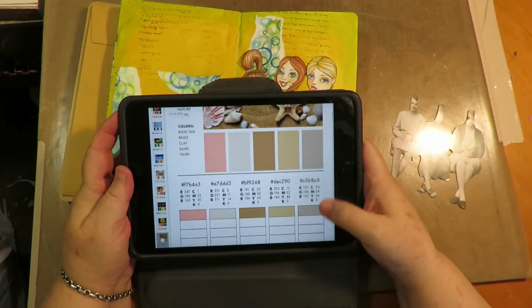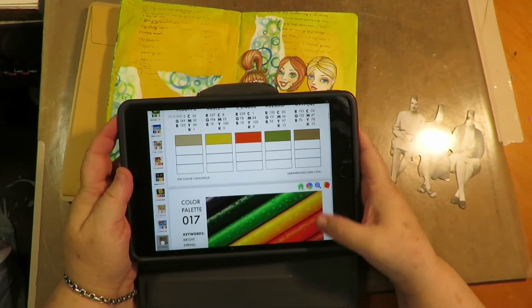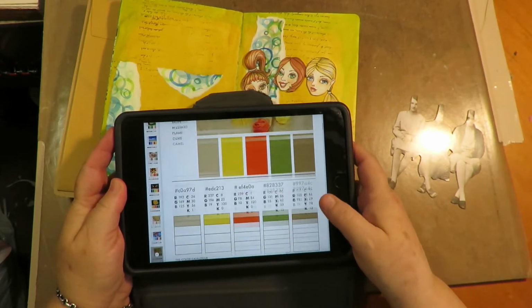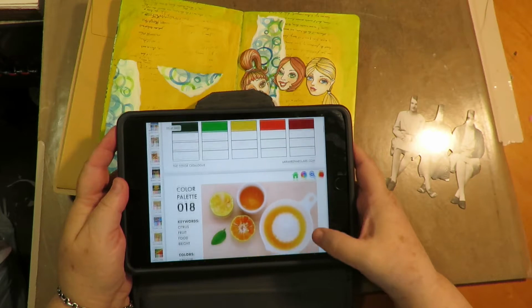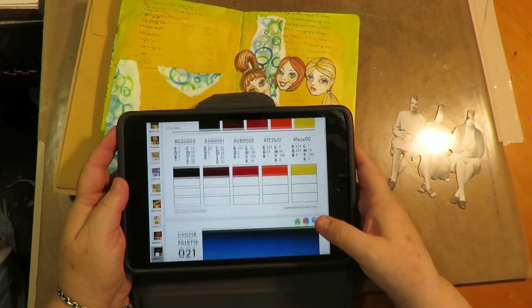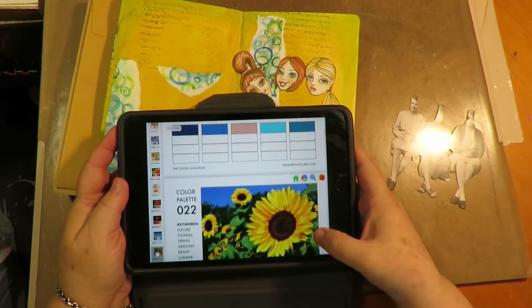I love using this color catalog. It's so easy. You can scroll through, look at the colors, put it next to your page, and then pick colors that go along with it. But I absolutely can't wait until next month when the pre-orders for the color cube come out,